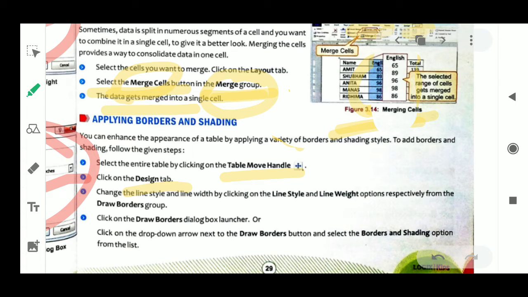In the design tab you will see there is line style and line weight, and you get this line style and line weight from the draw border group. Then click on the draw border group, and one dialog box will appear that you will see on the next page.